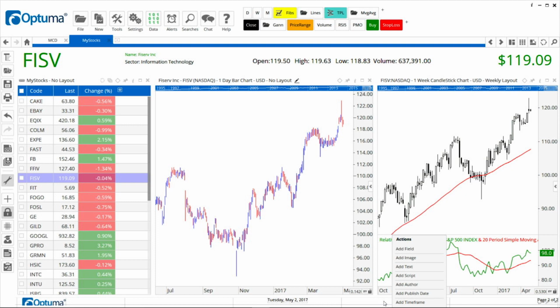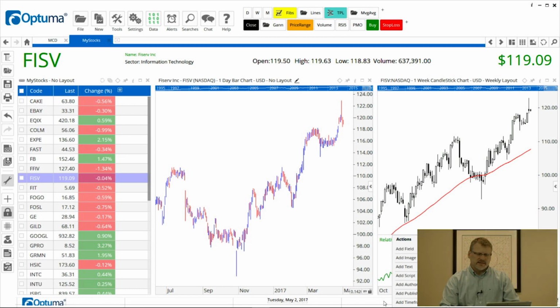So when you print, all that information is included in the chart, and makes it very easy to read and conveys lots of information in the chart.